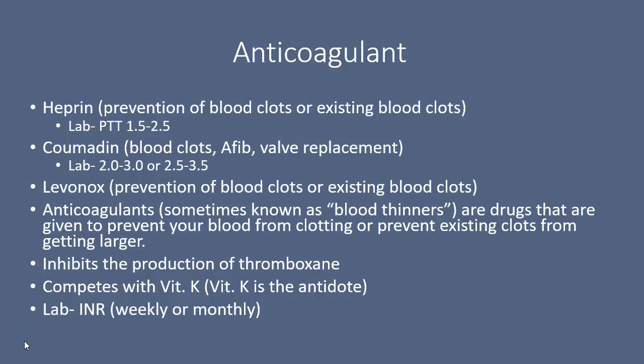Anticoagulants, sometimes known as blood thinners, are drugs that are given to prevent your blood from clotting or prevent existing clots from getting larger. It inhibits the production of thromboxane, and it competes with vitamin K, which can be an antidote. So your liver produces vitamin K, which